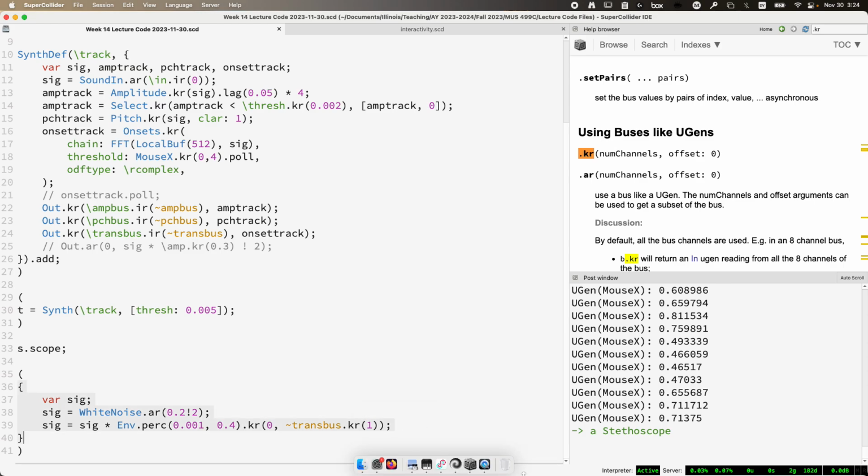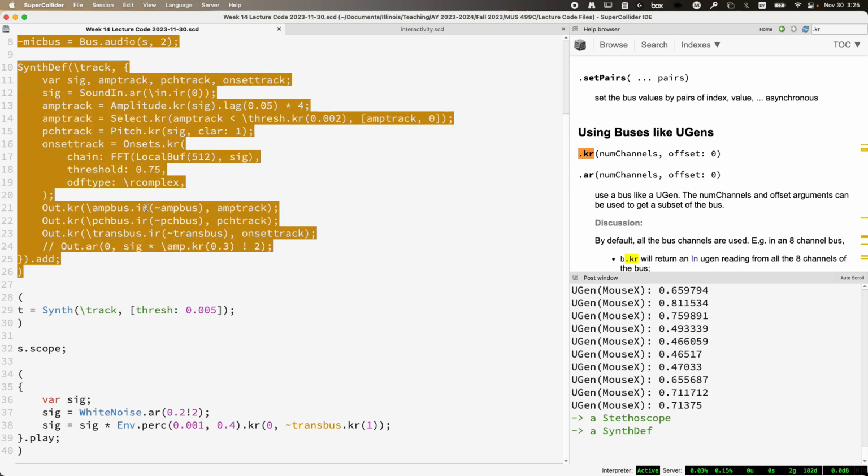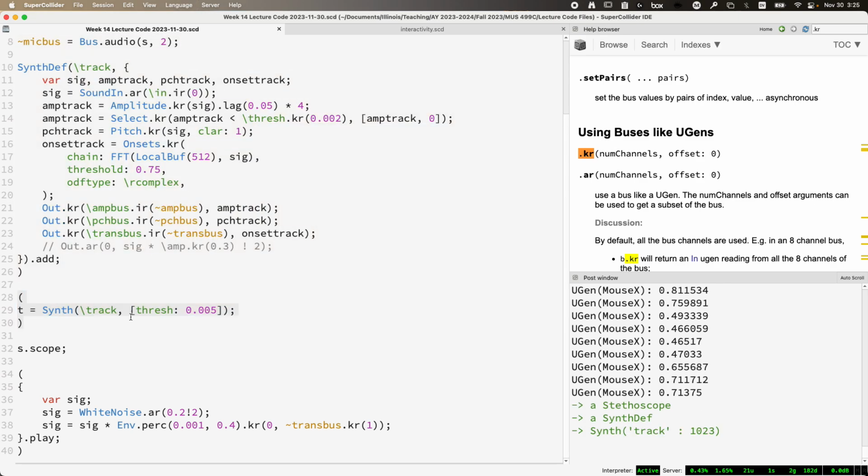Now this should be fine, keeping in mind that we have the threshold here. So I'm gonna set this threshold not to be the mouse, but make it like 0.75. Just sort of guessing here. So we'll do this, create our tracking signal, and then now one thing that occurs to me is